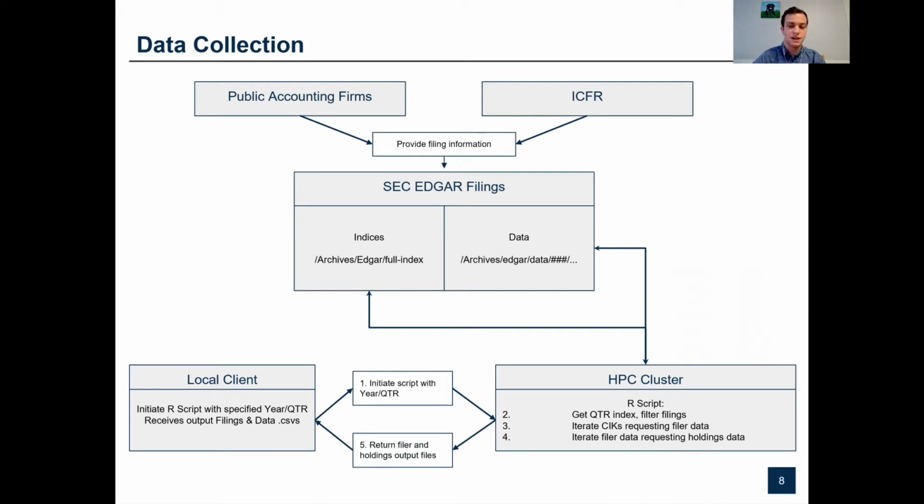These results are then passed through an XML parser and converted into two tabular data frames connected by the investor's central index key. One table contains the full list of investors and their relevant metadata, while the other maintains the full set of their holdings for that quarter. This data is then returned to the local client through a secure copy procedure, where it can then be passed